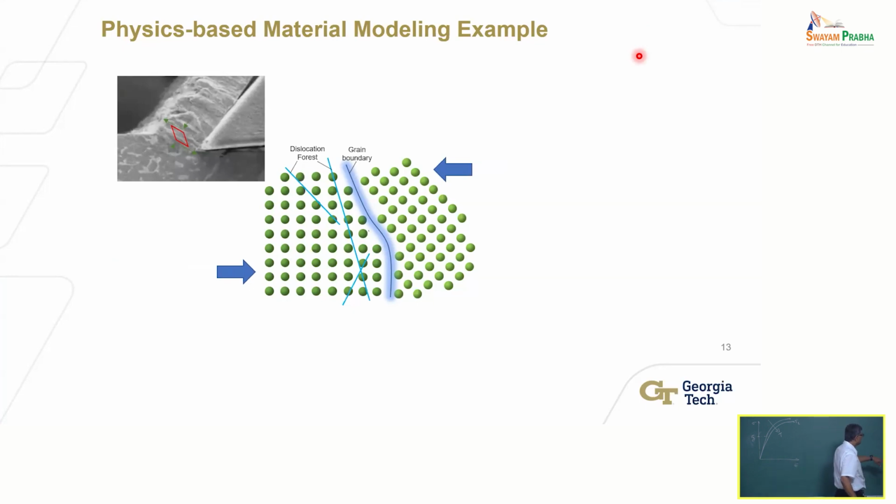So this is showing you what is happening to the material in that, let's say, red trapezoidal region that you see there, okay, right? A small element there is undergoing deformation. You saw the video, how it was being deformed. And I have just blown it up and shown you atoms, right? And this is a polycrystalline metal. You can see grains, right? It's not a single crystal material. There are many, many grains with different crystallographic orientation. So within each grain, you can see atoms are arranged in a certain way, right? Those green dots represent the atoms. So there is a grain boundary here. This is highly magnified, zoomed in, let's say the atomistic view.